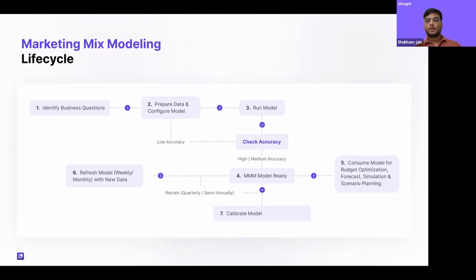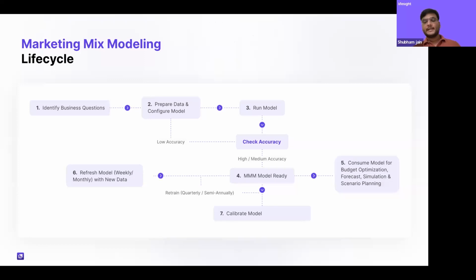Yeah. So after building that model, then mostly it would be on Lifesight to run that model, check the accuracy, provide you the most accurate models, and then provide you the options to calibrate that model. And once the setting is done, the Lifesight's MMM model would refresh automatically based on the frequency which you decided. Let's say you decided with the weekly frequency to refresh. So once the model is set up, we get a model with high accuracy. Then the refresh would be the automatic setup that every week it would refresh itself,